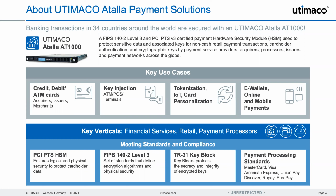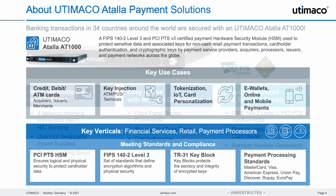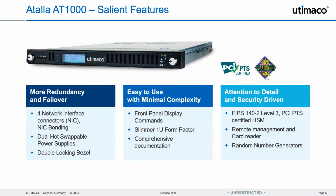When you do this, it is very important that you meet the industry standards and compliance. As I said, Atalla AT1000 already conforms with PCI PTS, FIPS 140-2 level 3, and other mandates in the payment card industry as defined by MasterCard, Visa, American Express, Union Pay, Discover, and other payment standards. At a very high level, a few important features on top of everything else: the Atalla AT1000 is designed for redundancy, designed to make sure that the HSMs are there when you need them. Doesn't matter what goes wrong, every single thing on the hardware is